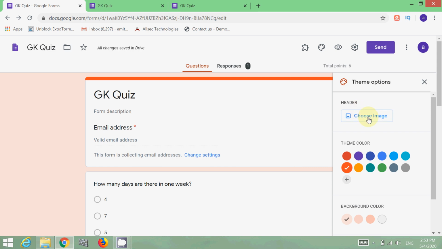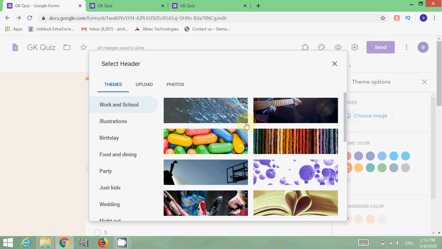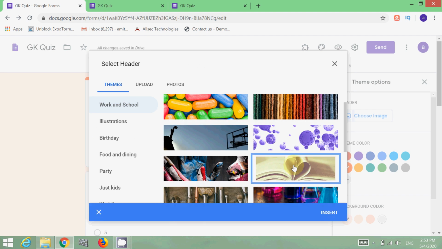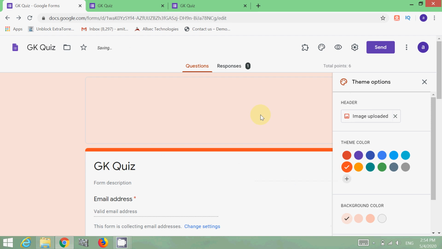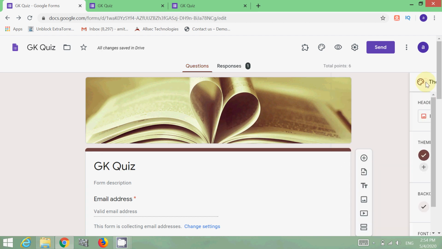So just go to choose image. So multiple other images will be opened. I want to select this particular image. So just select that and go to insert. So the header image will be automatically changed. As you can see, the header image is already changed. So this is how you can do the beautification.